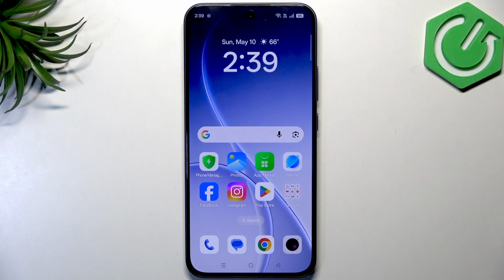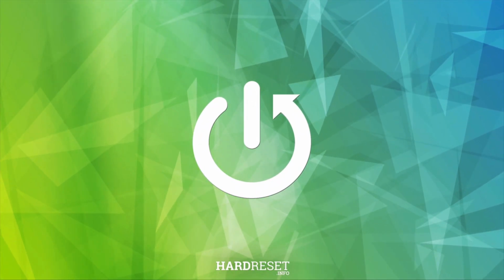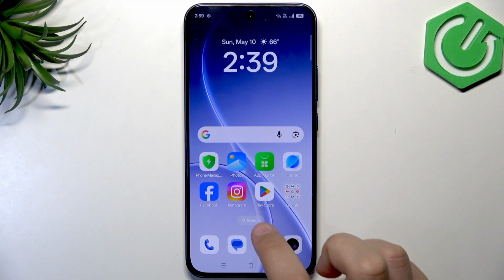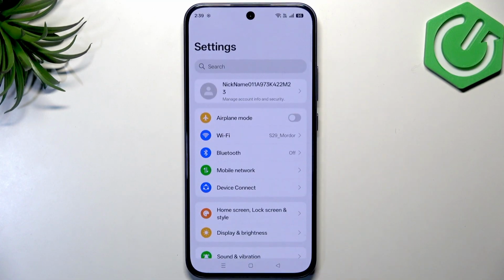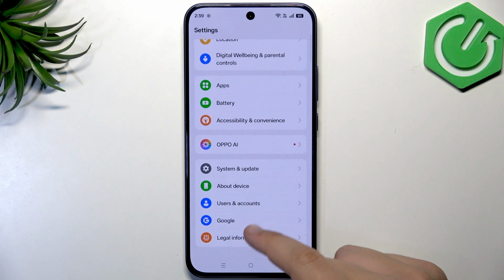In today's video, I'll show you how to use gesture navigation on OPPO Reno 15F. So first, we got those buttons, and we all know that buttons are just for older phones now. Everybody's using gestures, and you should too. It's much better. Now, of course, we're going to go into the settings and swipe all the way down until